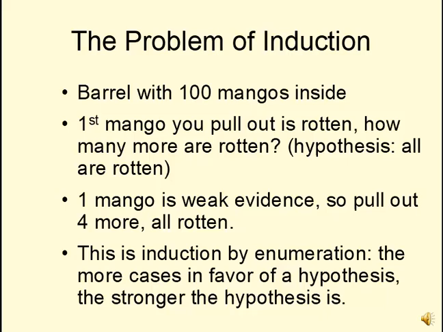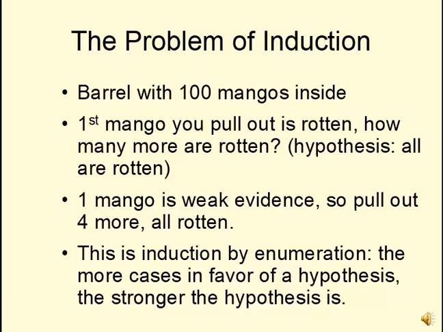So why does this exist? Why can't we say, hey, look, we've observed all examples of all wooden balls rolling down inclined planes, and so we can say for sure that they're always going to be the same. Well, let me give you a thought experiment. Yeah, it used to be called the barrel of apples, but because we're here in Hawaii, I'm calling it the barrel of mangoes. We can understand the problem of induction by imagining that we've got a barrel with 100 mangoes inside of it, yeah,